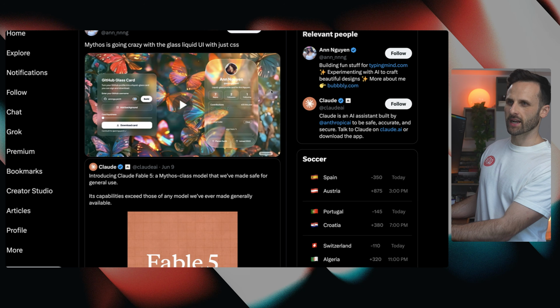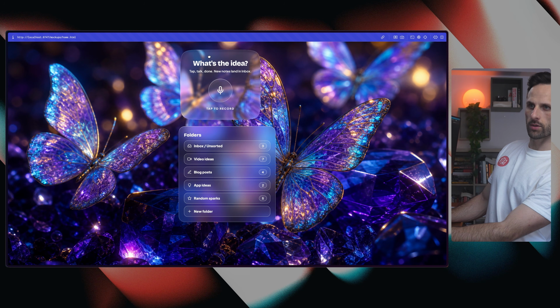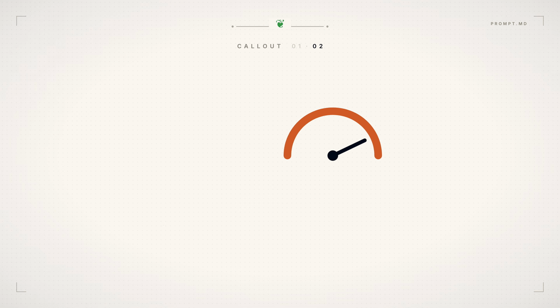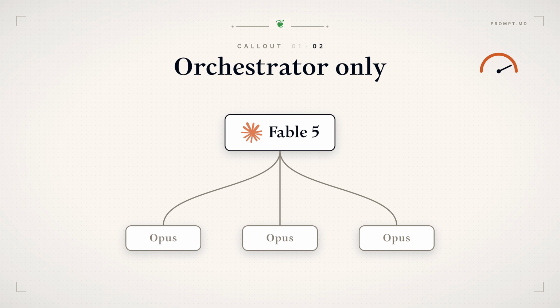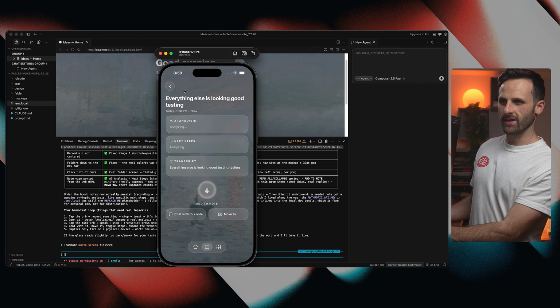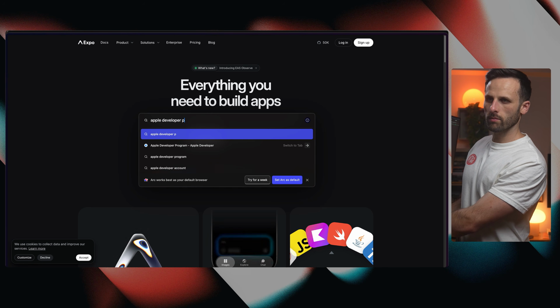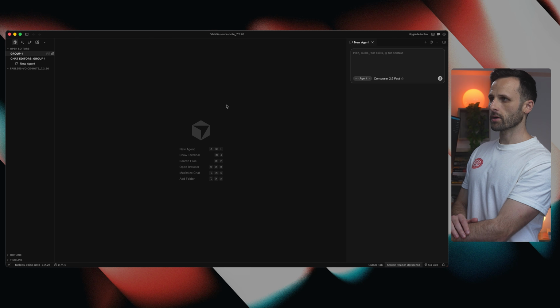So in this video, we'll cover how to get Fable to output genuinely beautiful mobile app mockups, how I save on token costs by having Fable do only the heavy lifting, and how to get the app fully deployed and running on your phone to have as your own piece of personal software. So without wasting any more time, let's dive right into the build and get started building a mobile app with